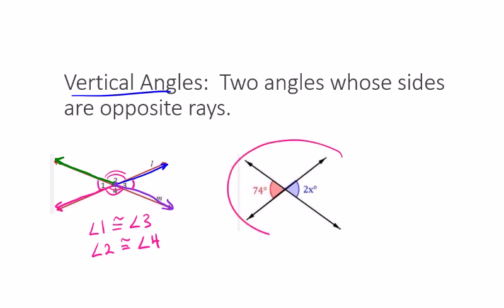So if you have a situation like this, then I know, oh, well, this is a vertical pair, right? I have two intersecting lines, and so these two angles, their sides are opposite rays, and so then I know that 74 must equal 2x, right? So I could set up an equation and solve for x, and I could do some algebraic